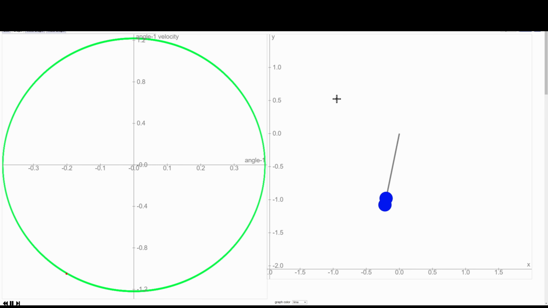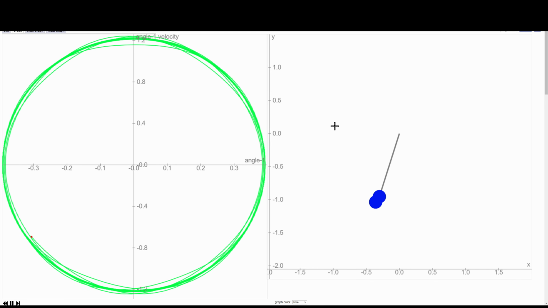Now I will increase the disturbance due to the balloon. How do you increase the disturbance? You increase the mass of the balloon, for example. If I increase the mass of the balloon, then we are going to disturb the original pendulum. That's what I mean to say. So let me do that. Now you are able to see that the original circular path is getting deviated, slightly taking different shapes.